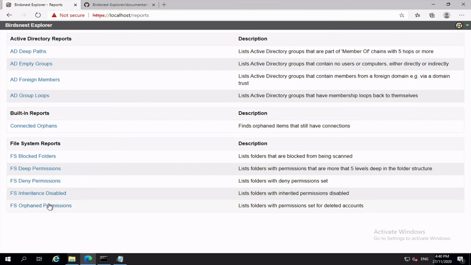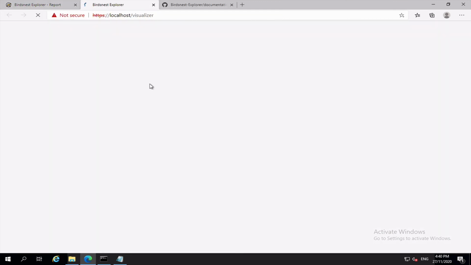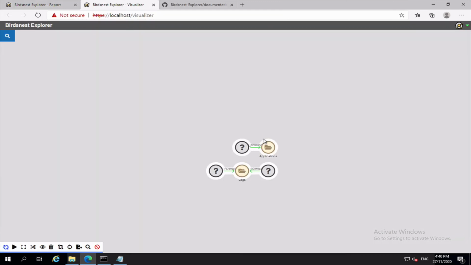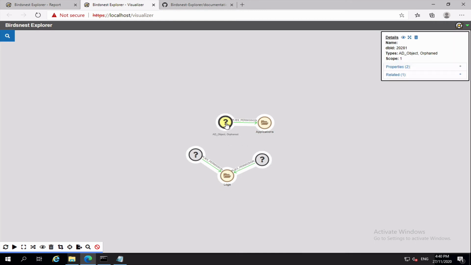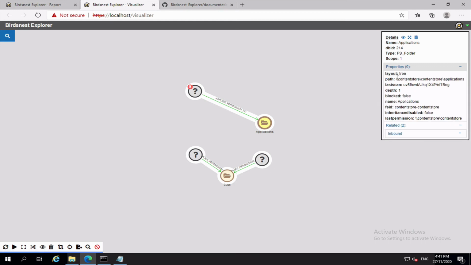Let's see if we have any orphan permissions, and yes we do. So this is actually going to give us the SID objects, or the user objects or group objects, or whatever's been assigned as the permission, as well as the folder objects. So this view might not necessarily tell you exactly what you want to see, but if we open that in the visualizer, we can come in here and we can see that there is a random object here set on as applying a permission to the applications folder. If we have a look at the path to the applications folder and we visit it,